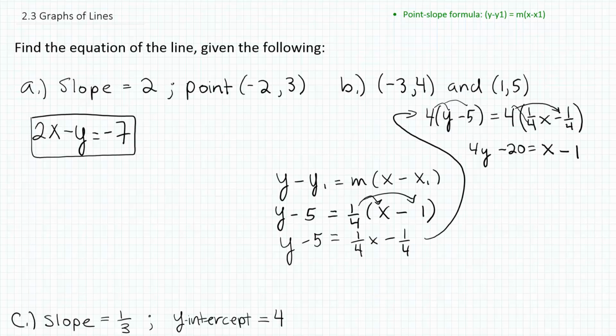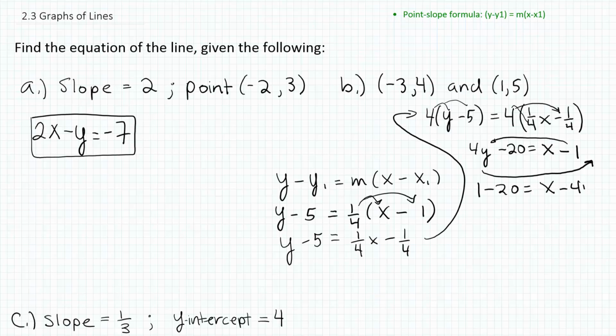All right, from there, we just want to write it in general form, so we're going to try to bring the variables to one side, the numbers to the other. So I might want to, for example, move the y over here and move the 1 over there to the other side, right? So for example, I would have a negative 1 moving to the left-hand side, becoming a positive 1. And I'll have minus 20, and that's equal to x, and if I move the 4y over,